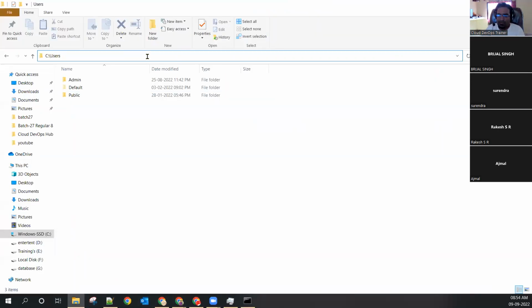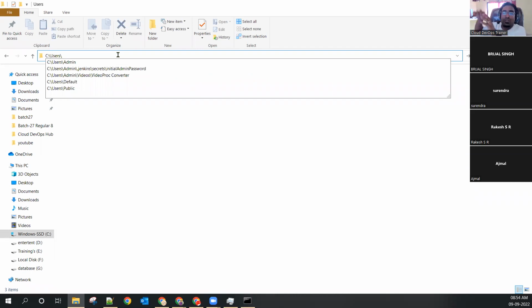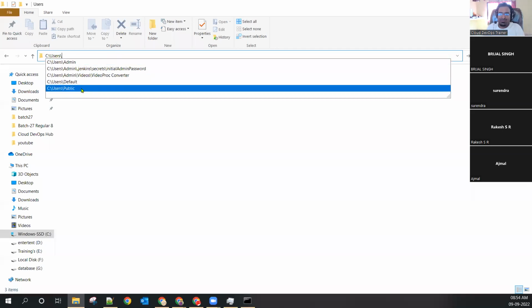I'm here. If I put a slash also, and I press enter, I will be in the same location. No worries. But the slash is required because I want to inform the system that I want to go inside another directory as well. The system thinks there is something extra you want to go to, so it automatically gives the slash.